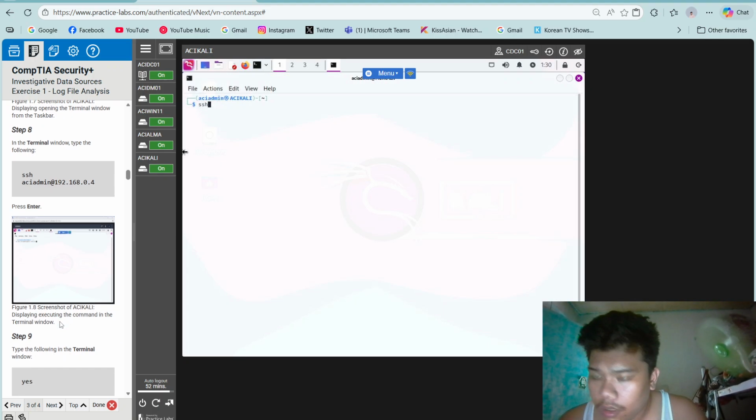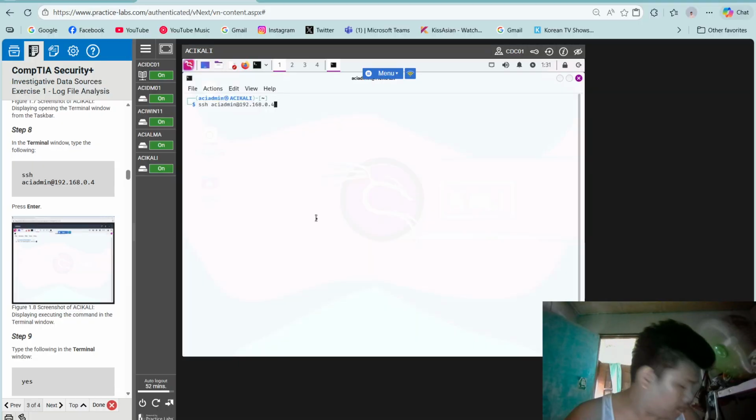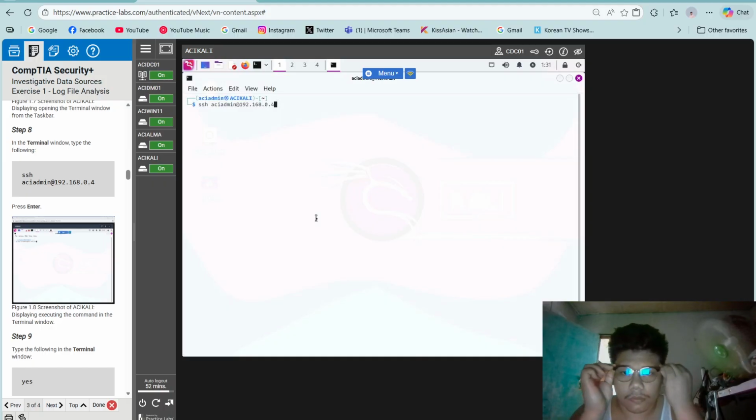ssh aciadmin at 192.168.0.4, and hit enter.